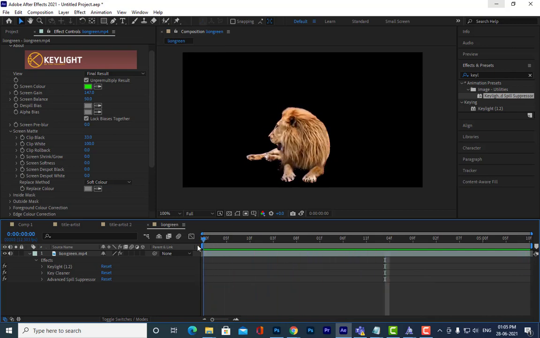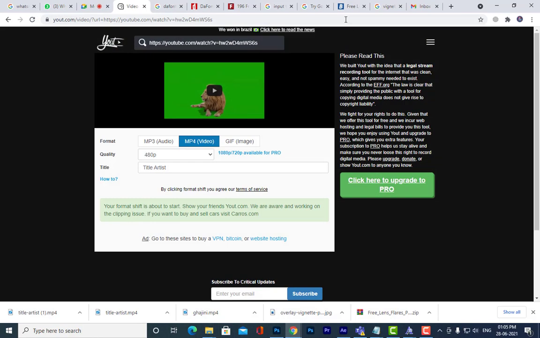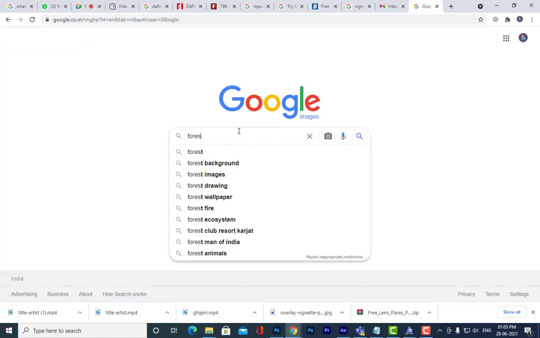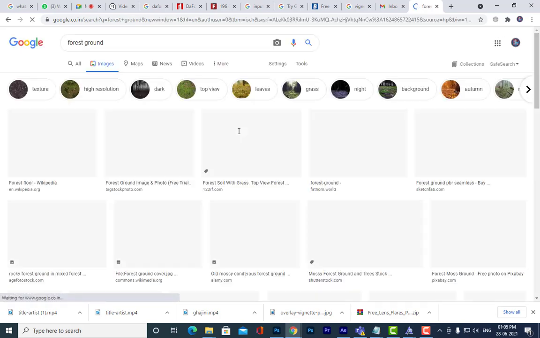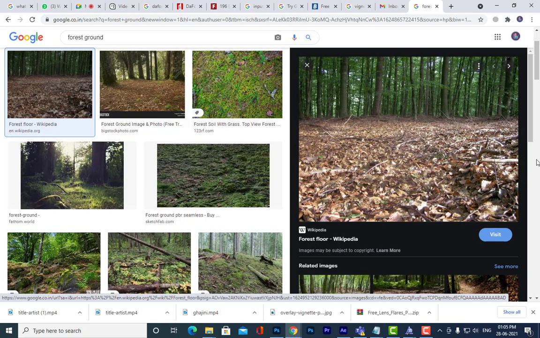So now we will apply a shader effect to this. Okay. Are you all getting my point? So I am going to apply a shader effect to this, and before applying the shader, we'll just get this forest ground. Okay, forest ground. See, something like this. Are you able to understand?